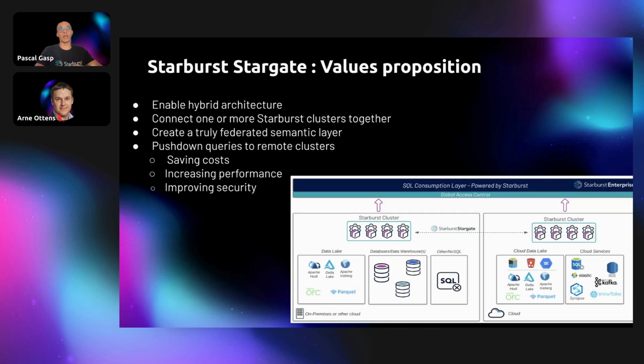But the second point is your data, as I said at the beginning, can be spread across the world, in several different countries. With Starburst, we have a solution named Target that helps you connect all of your data sources together and provide a semantic layer for accessing this data, and lets you compute your data close to where they live. I will be more explicit on this one.